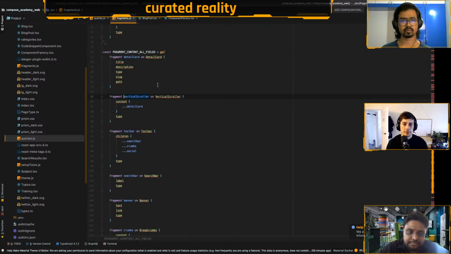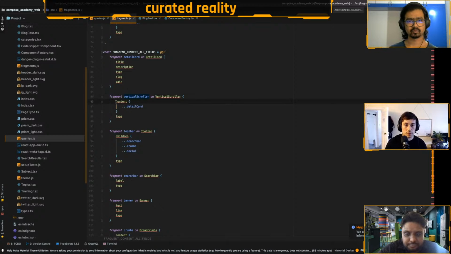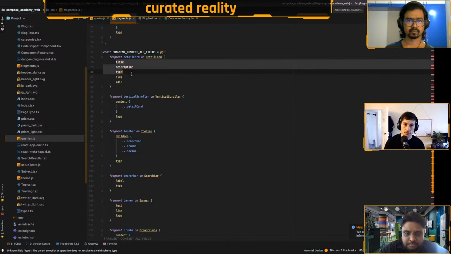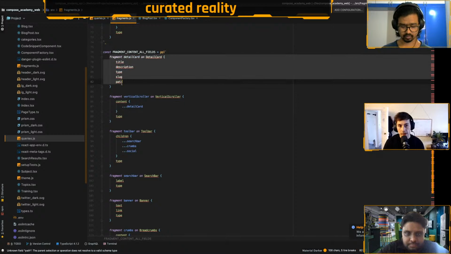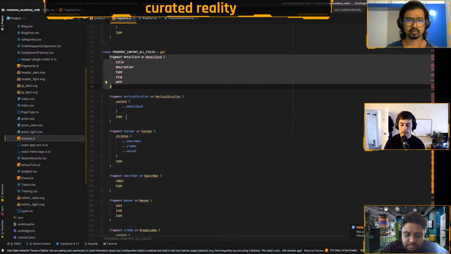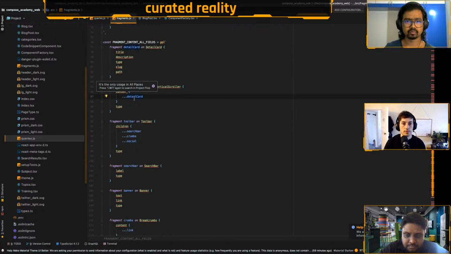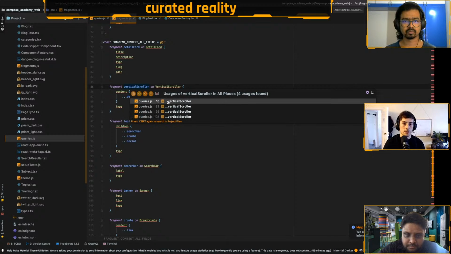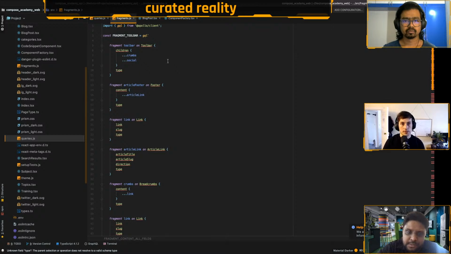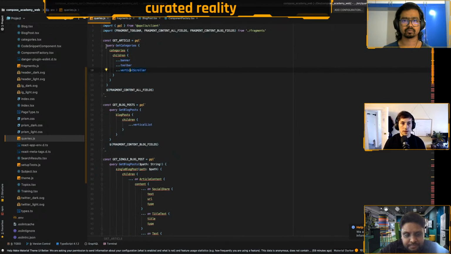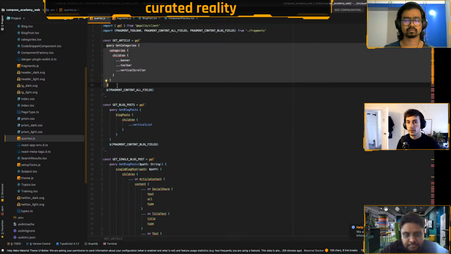And the same thing for the vertical scroller. Again, that's using fragments. We query the content of the vertical scroller, and then we do the same thing with the detail card. We get the title, the description, and so on. I'm using these fragments here because, as I mentioned previously, we have the categories, the subjects, and the topics, and all those screens are pretty much the same. They have the cards, and you click through the cards to go to the next screen. So these reusable fragments allow us to reuse that in multiple places. For example, you can see here the vertical scroller is used across numerous different queries. So we can query for the category screen, and that gives us back the presentation that we need.